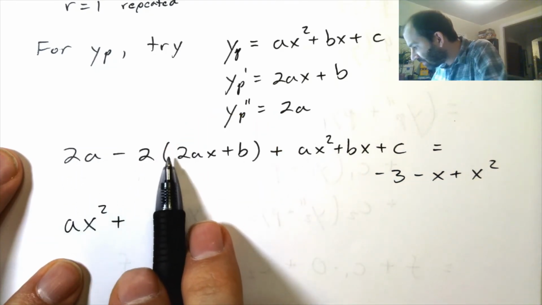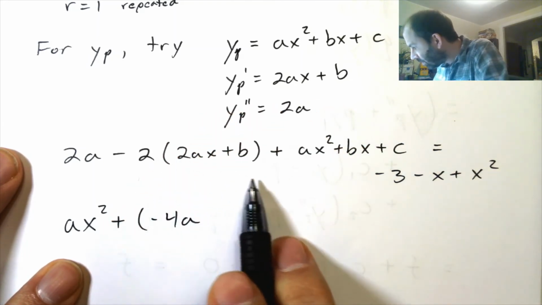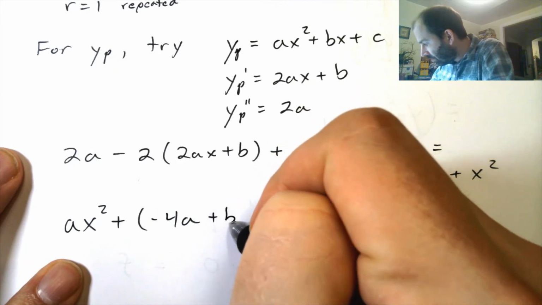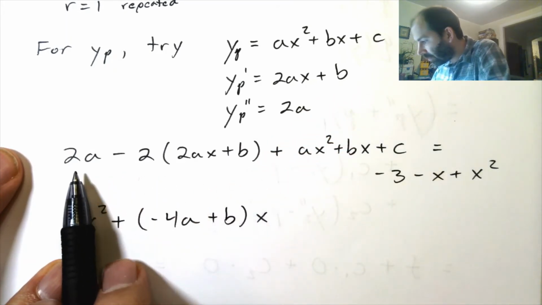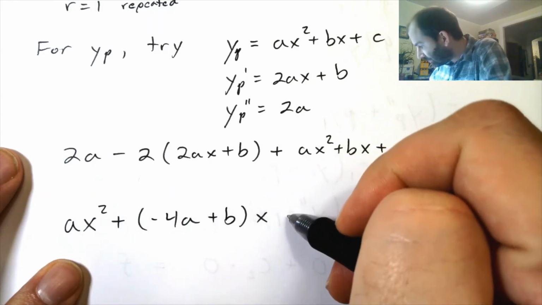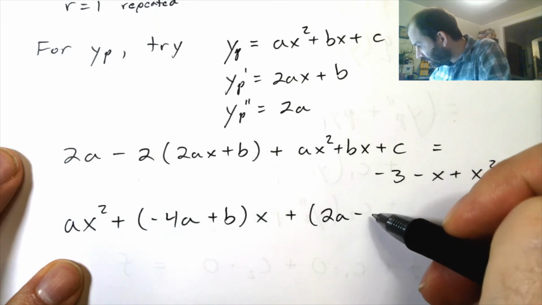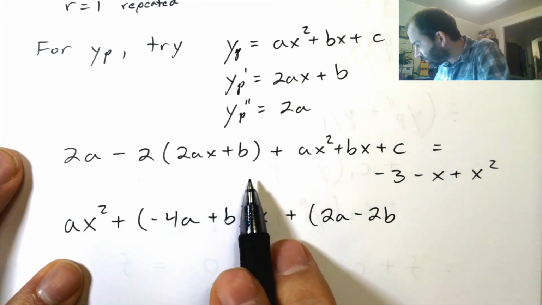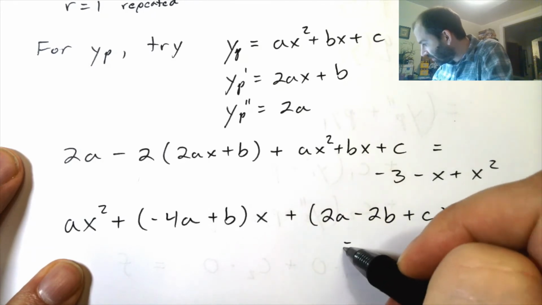I'm going to have a minus 4ax and a bx. All right, let's look at the zero order terms. I got a 2a, minus 2b, and a plus c. And that stuff needs to all equal